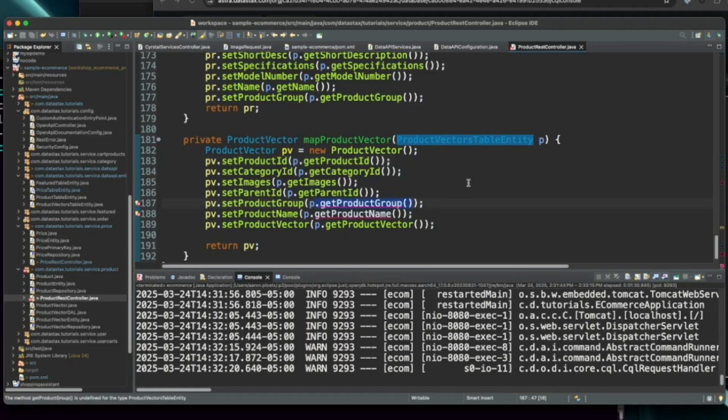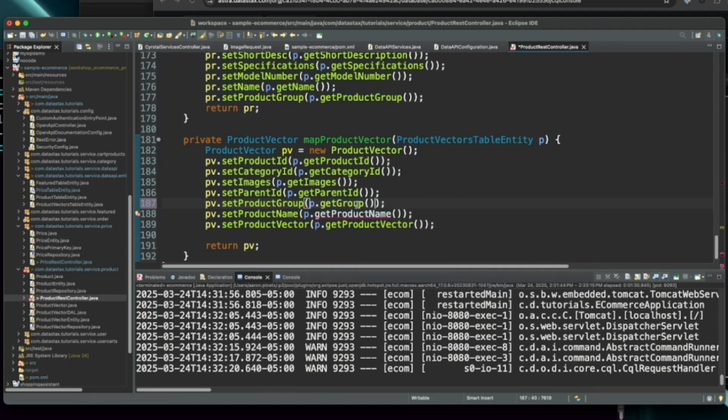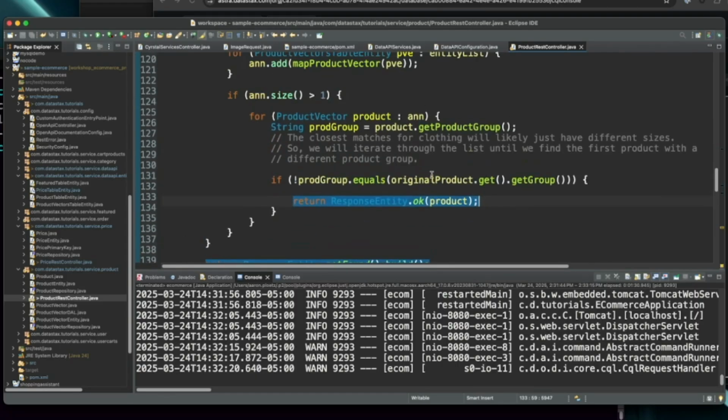And we need to update the method names here. So yep, get group. And I think this shortens to get name. All right, that looks good. And same thing, this goes back to just get group, right? Yeah, get group. There we go. Okay, and I think we're okay.